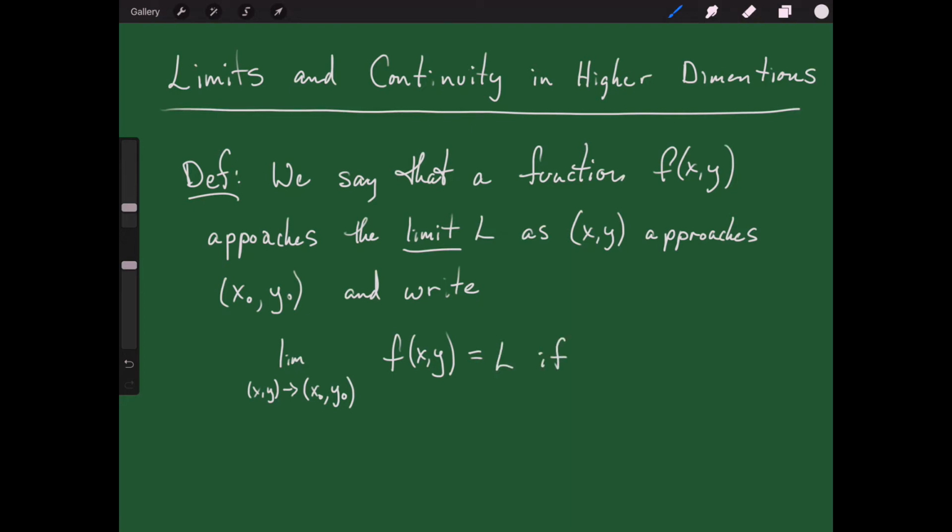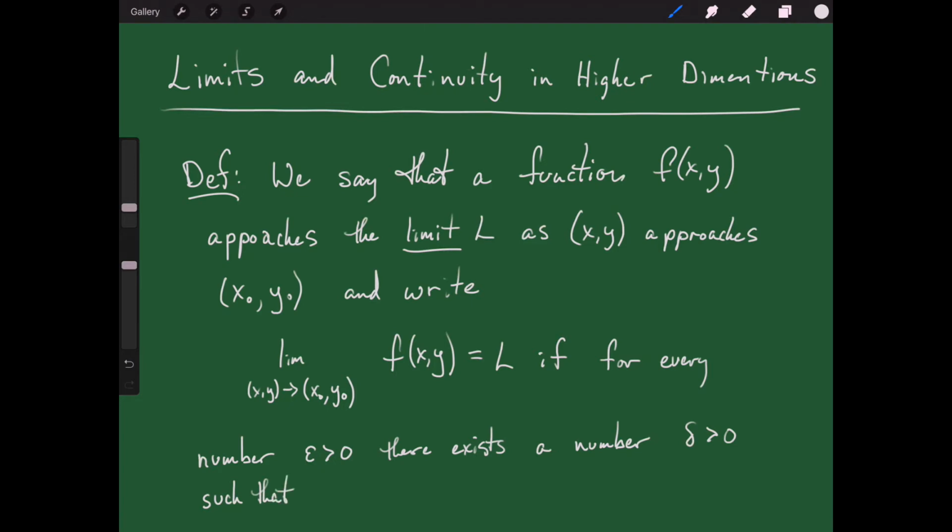if for every number epsilon that's bigger than 0, there exists a number delta greater than 0 such that for all x, y in the domain D of f, we have